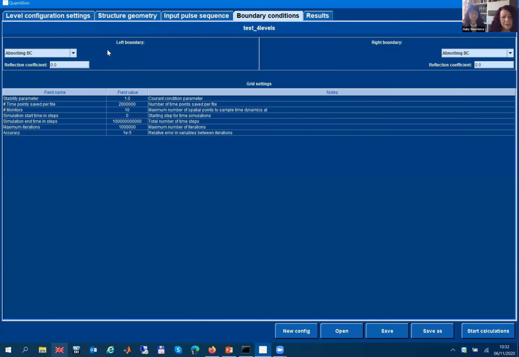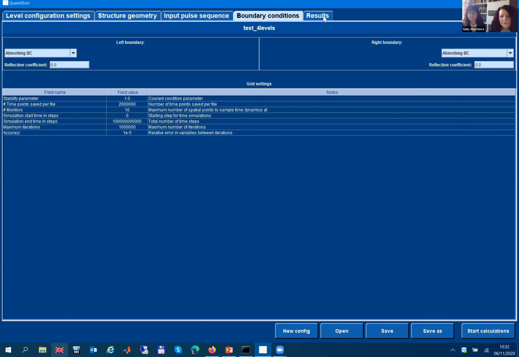Now the boundary conditions are imposed from this menu separately for the left and right edge of the simulation domain. And these may be absorbing boundary conditions as they are at the moment, perfectly reflecting or perfectly matched layers, or other types of boundary conditions, for example periodic.